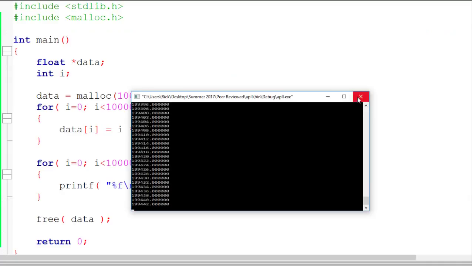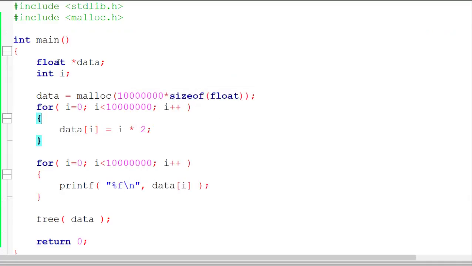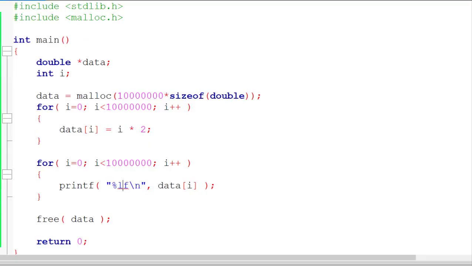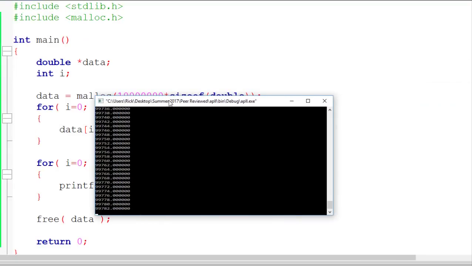Now that's a float, okay. Let me go ahead and make it a double. See, what I'm trying to demonstrate is it's the same principle whether we're using ints, doubles, or floats. Okay. Let's go and run this guy. Okay, so